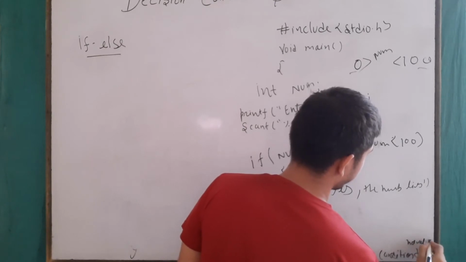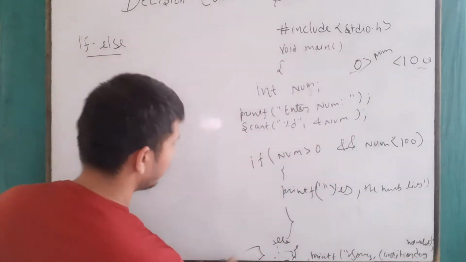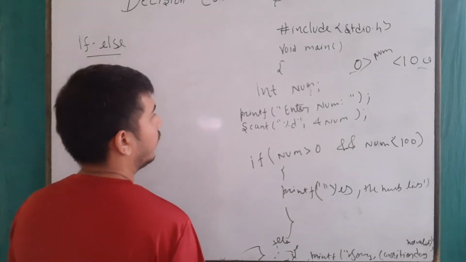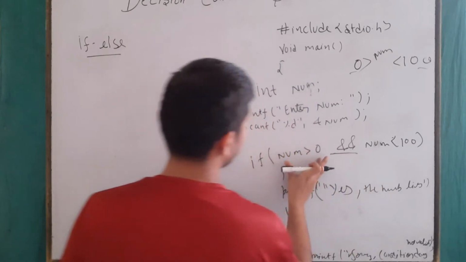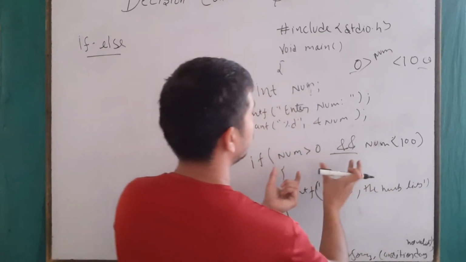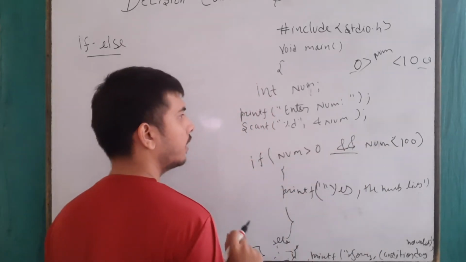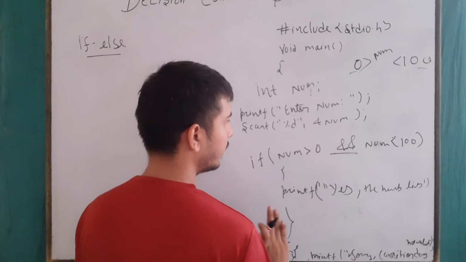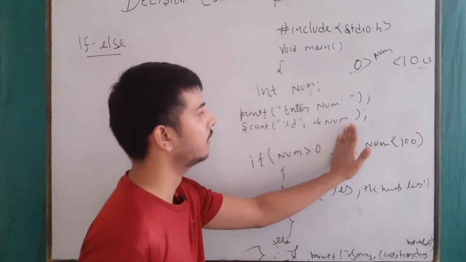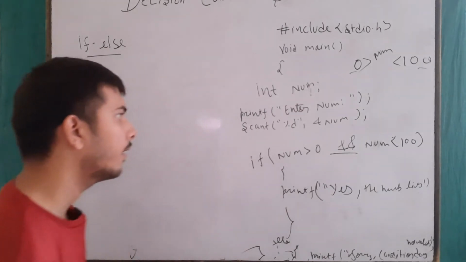Anything we can write here, and else block close and main block close. So this was about when I am using multiple conditions, and both conditions, or more than two conditions, all the conditions should be valid. Or, let's say I want a number greater than 0, only greater than 0, then I don't need this amount of code, right?